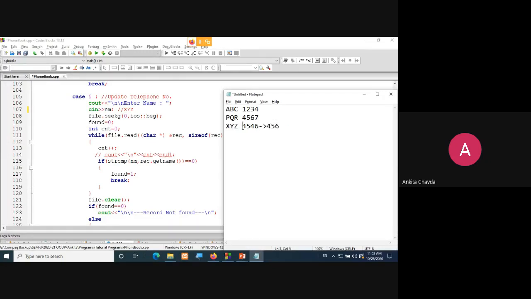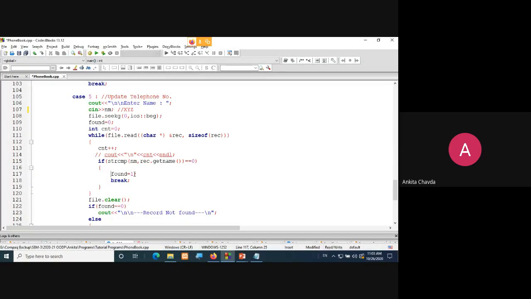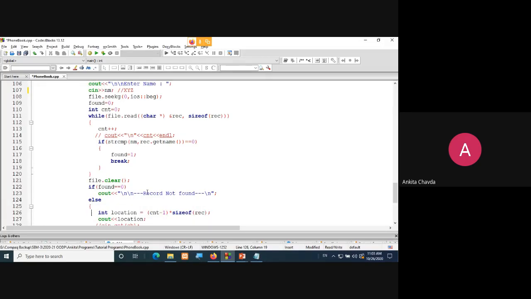So first I'm searching that this named person is there in my file or not. So if string compare name rec.getName equals to 0 is there or not. If it is there, I'll simply do found is equals to 1 and break, right? Now if found equals to 0, then simply record not found, but else means found equals to 1.